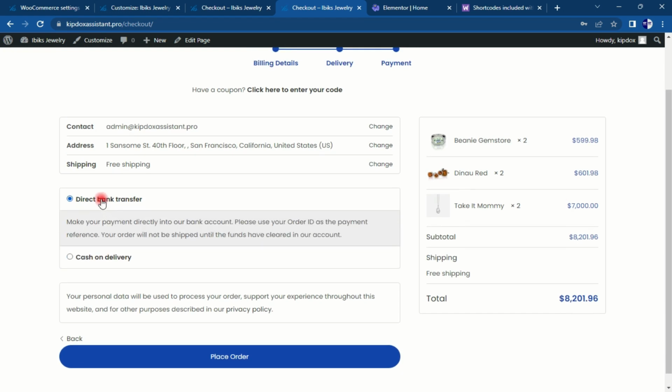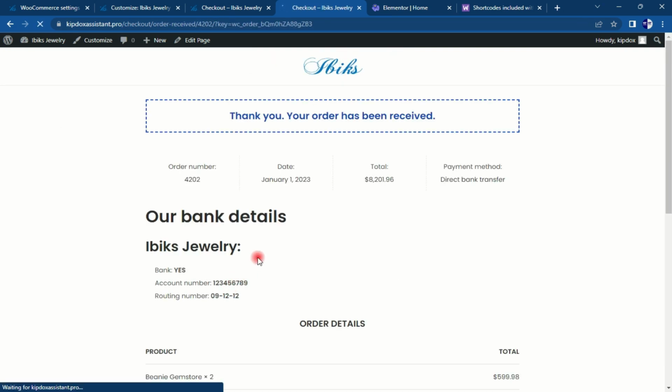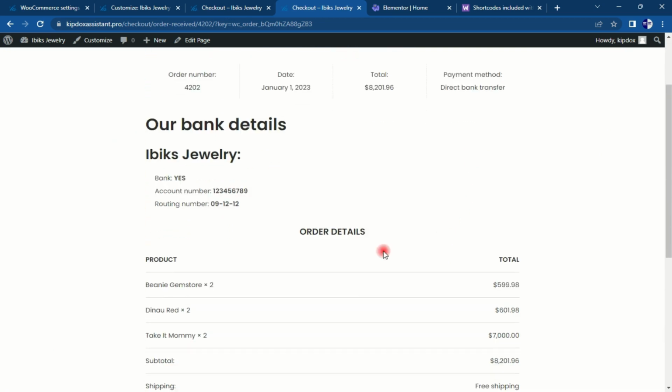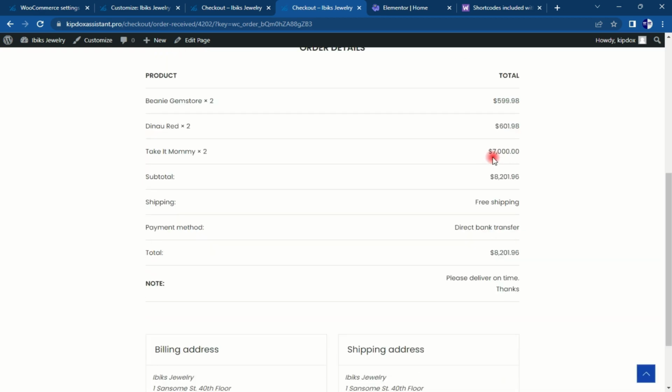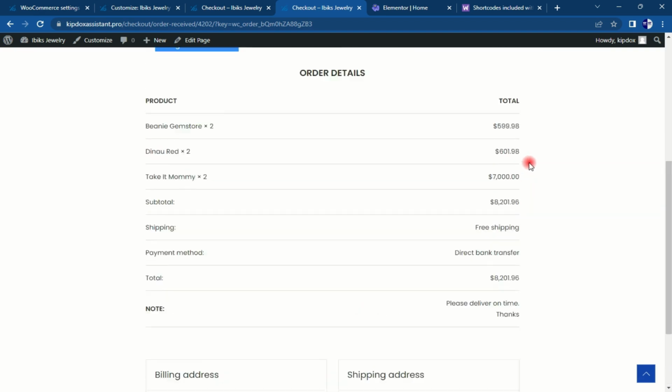I want to make a direct transfer. So proceed. Then you will see the account number. You can see now my order has been received. So this is the account number that I will send the money to. Once I make the payment, then they will start processing my order, and they will ship my order to my